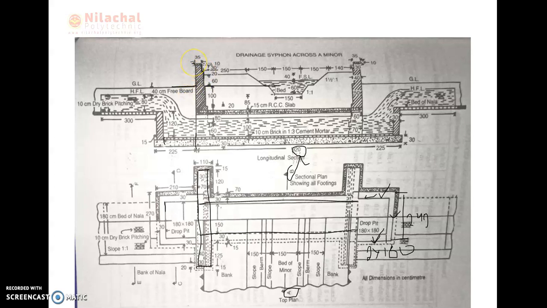Then another side also, this one also same. 60 plus 20 plus 30, how much? 80 plus 30 is 110. So total distance this point to this point is 110. So we add the total distance, then we get the total value from this point to this point. Okay, the total value is